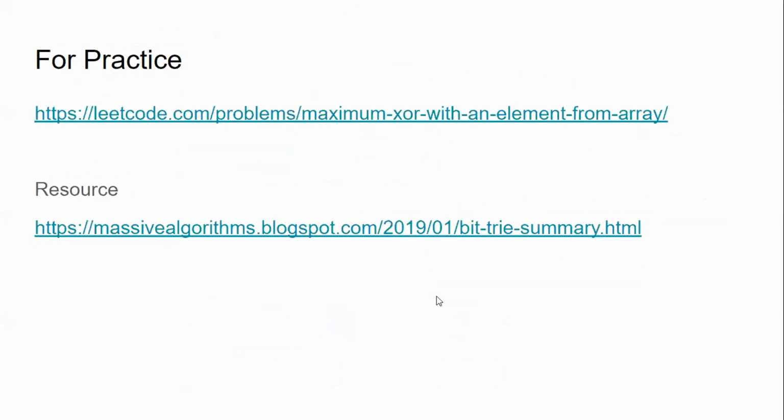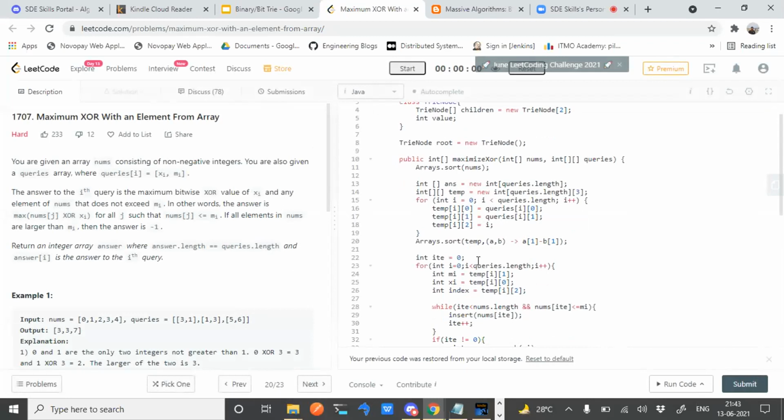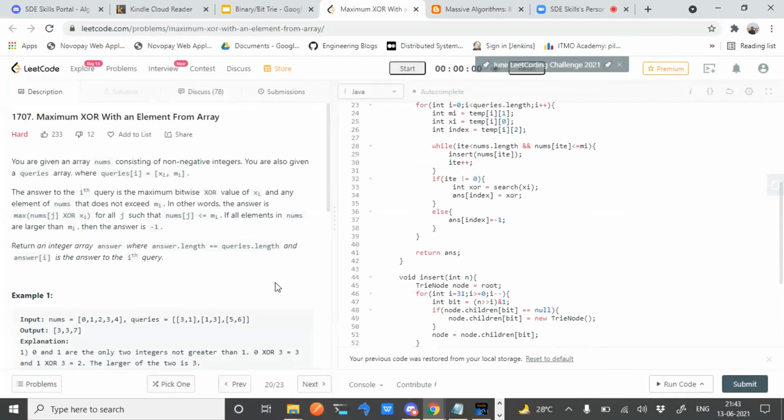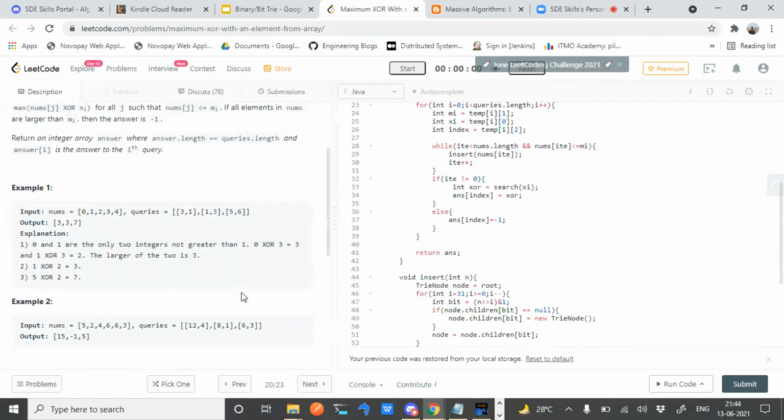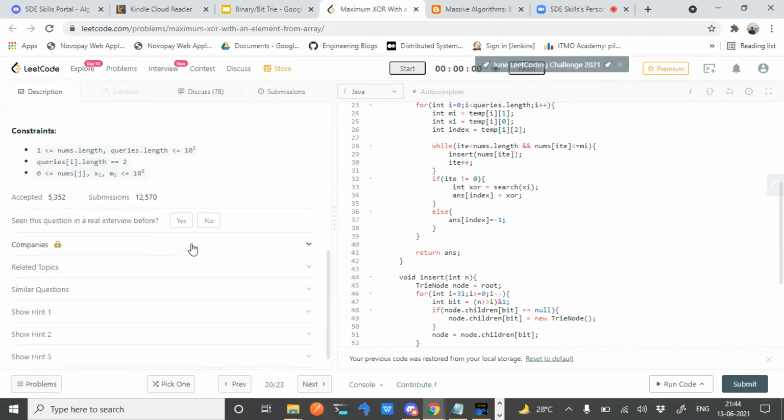Just before doing this, we have to do some kind of sorting, and we'll get a pretty deep understanding of the binary tree concept. Basically, it is a hard level. I have taken medium level for the explanation part.